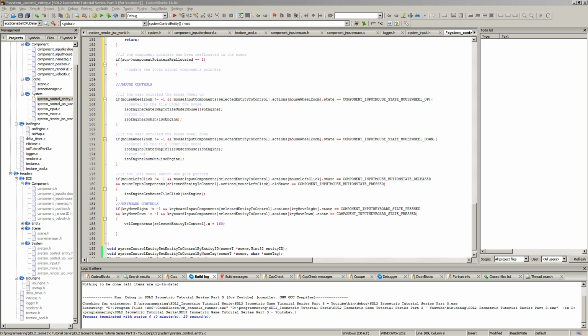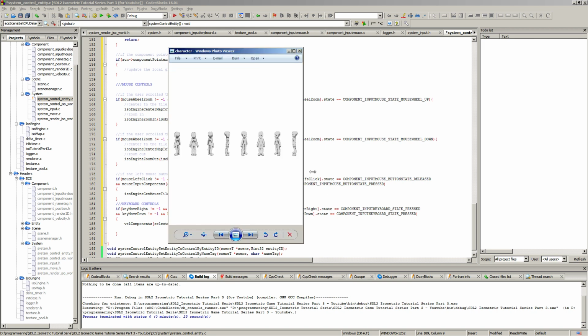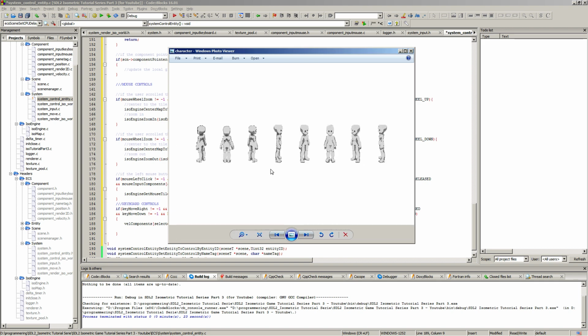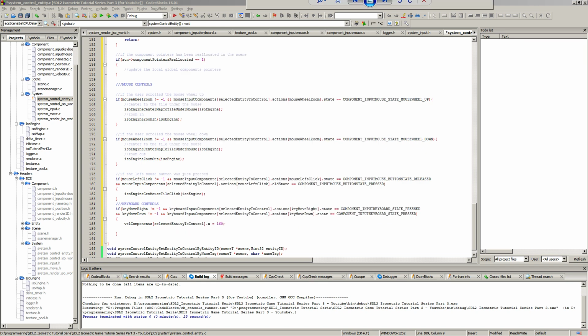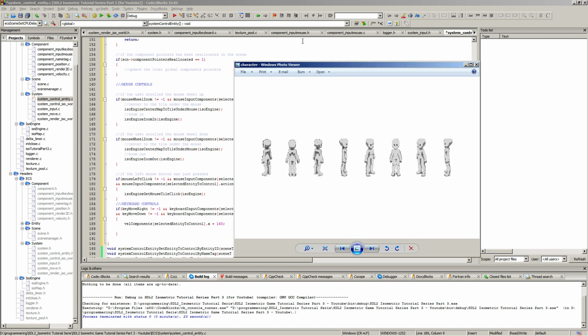Yeah, here we have it. Just going to open it up. So you have our character here. So what we need to do is map these different positions here to the character. So if you remember earlier on, each